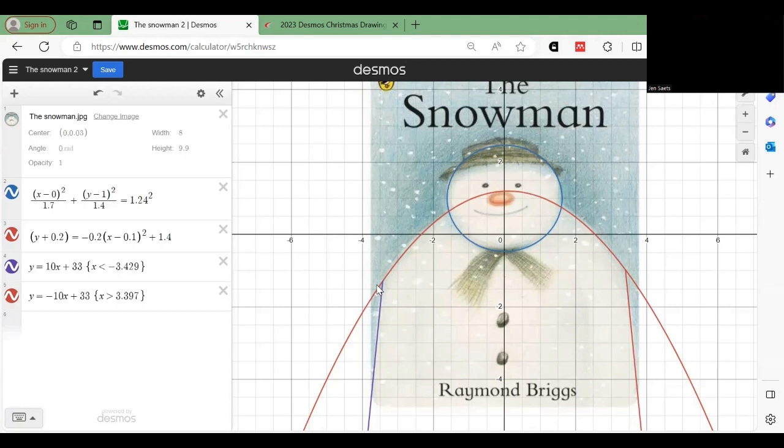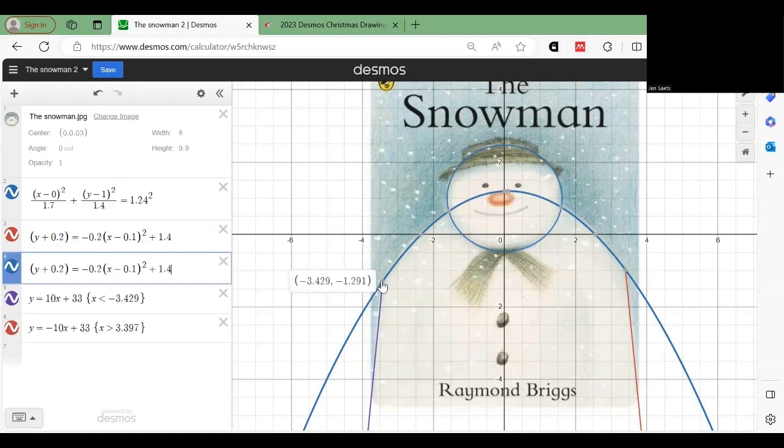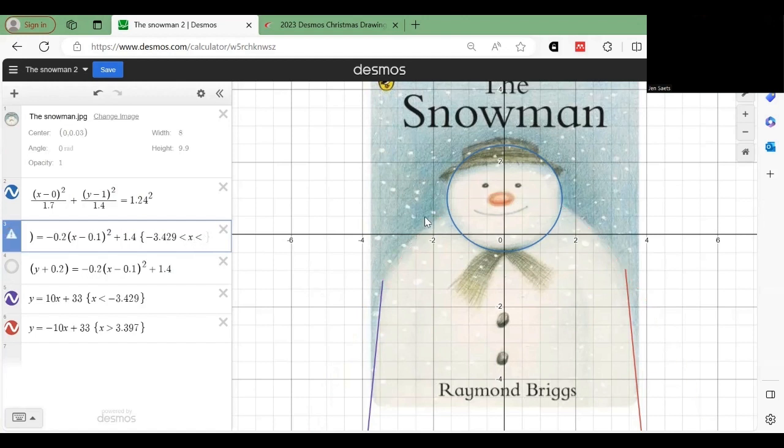This is slightly different. So we want a boundary at the end of his shoulder and before his head. What we're going to do is copy this line and have it twice, so we can have two sets of boundaries. So for this line, we'll hide the blue one for now. And then for this line, we're going to have it between minus 3.429 and then